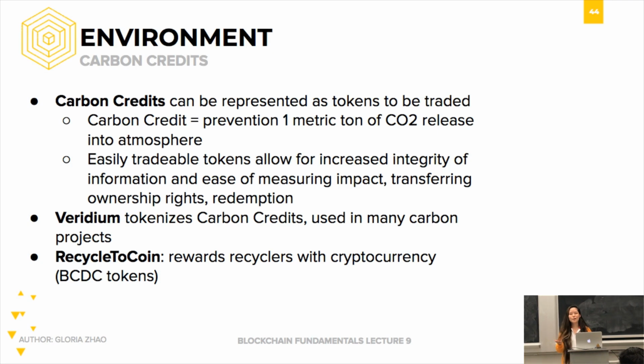Very cheap. Yeah, I haven't done a lot of research on this, but I guess the main idea that I'm trying to forward is the idea of offsetting the carbon that you emit by contributing to the prevention of carbon being emitted. So carbon credits can very easily be represented as tokens. Tokens can mean anything, and a carbon credit is a very good unit of measurement that you could represent as one token. So the idea of using a blockchain in this case is it would make it so that it's easily tradable. There's increased integrity in information, and you'd be able to measure exactly where these carbon credits are going, maybe actually get information about the impact that they're having and where they're being produced and who is using them,